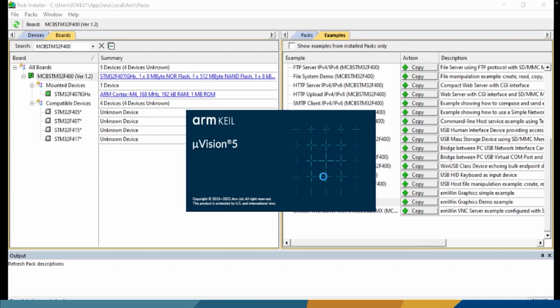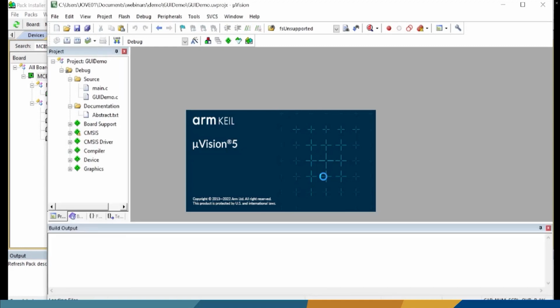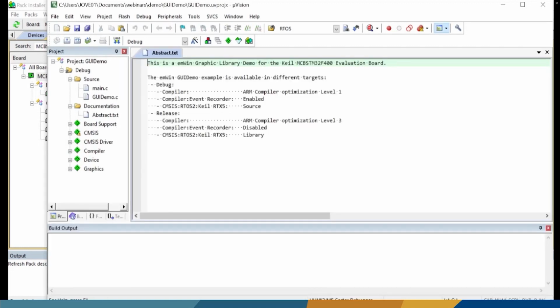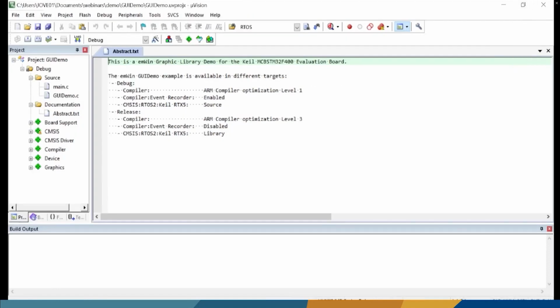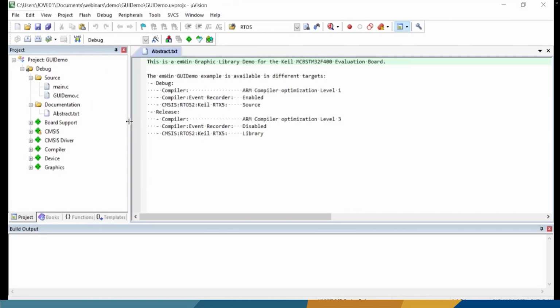While this opens, I just want to explain why I picked this particular project. I picked it because I want to pick a project you will actually see working on a board, so you know it's an actual embedded piece of code and not just some hello world type of code. And even though it's a relatively simple code, it makes the point across. So as you see, now the new instance of Microvision has popped up, and the abstract is up. So this is an emWin graphic library demo for the Keil